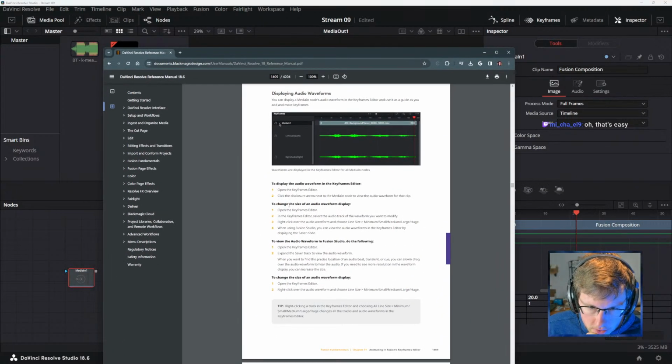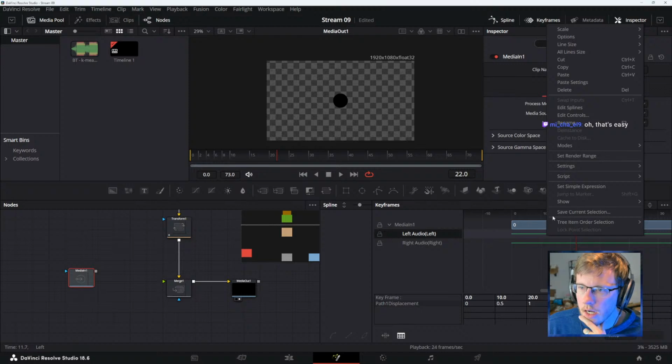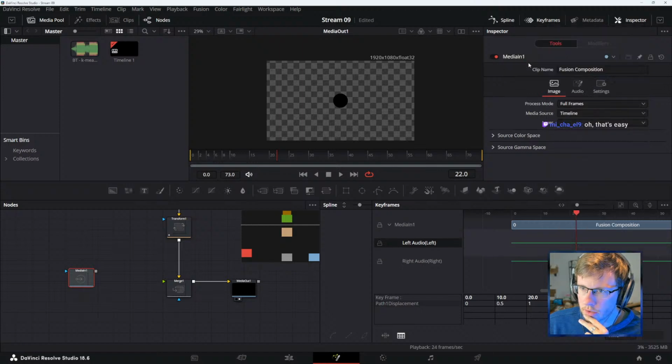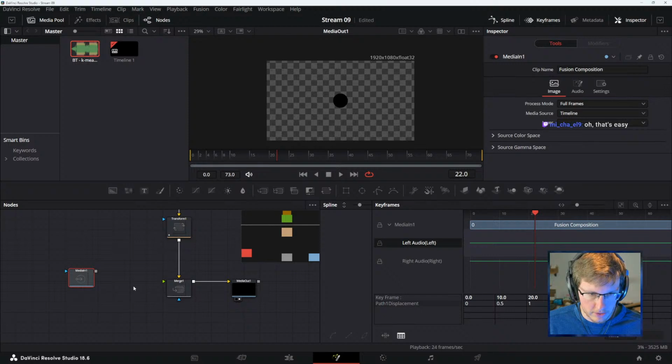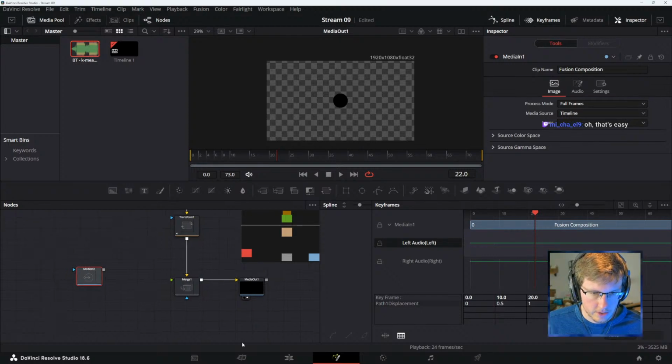And to change the size of the audio waveform display, you can open the keyframe editor, right click over the audio waveform and choose line size. So to make it larger, you go line size, set it to medium, and the waveform will be much easier to see.